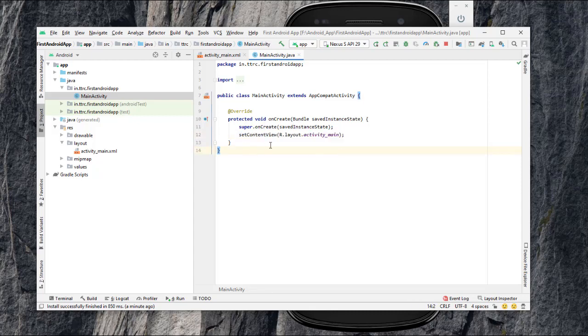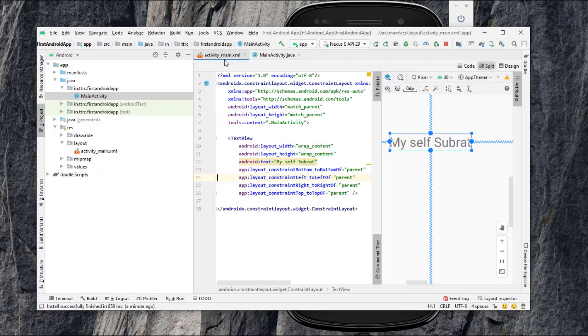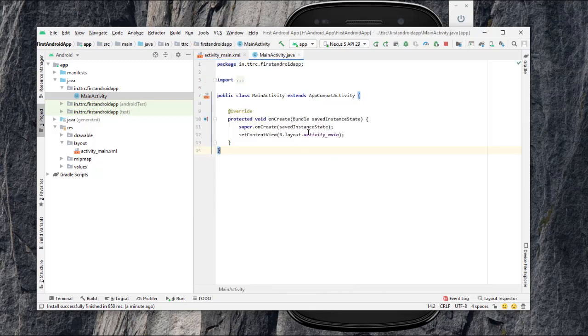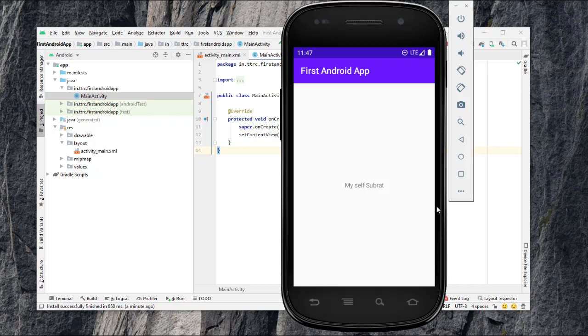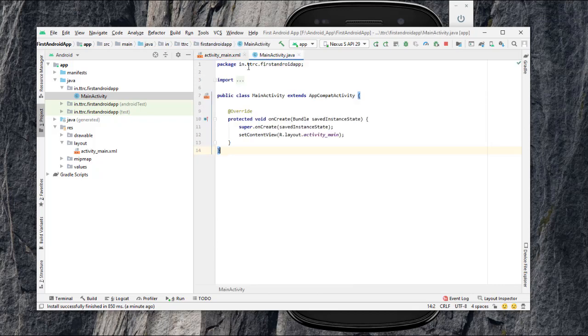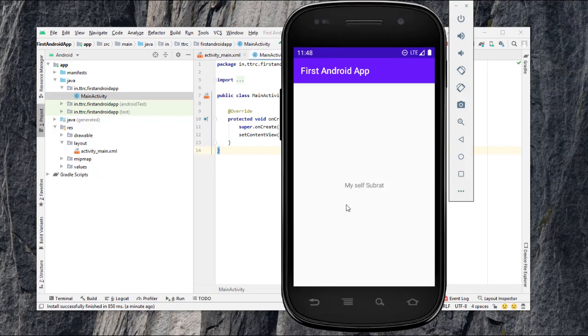So setContentView, then within parenthesis, R.layout.activity_main. If we create any other layout, then we can assign that layout here and that will be displayed. In our later classes we will do that. You just get a simple idea. Whatever we are seeing in this application, we can modify within this XML or within this activity. In the case of this application, this XML and this activity are responsible for this output.